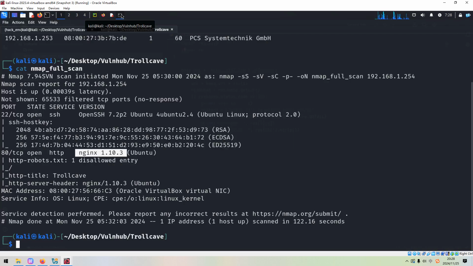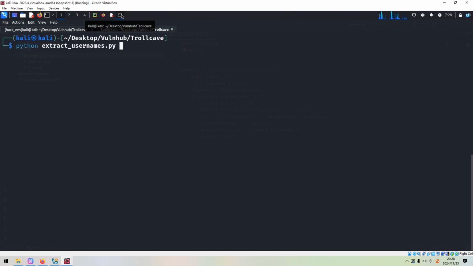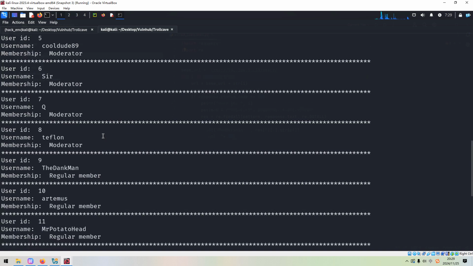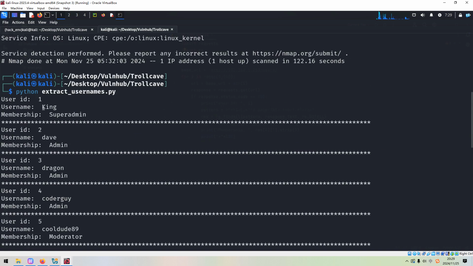Next, we can run this Python script to extract the username and its corresponding privilege or membership. As you can see, we have already retrieved all usernames and also memberships.